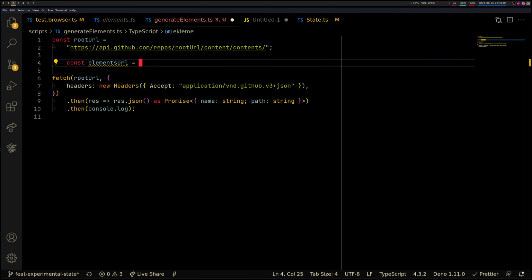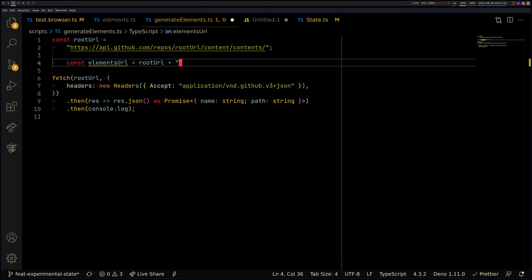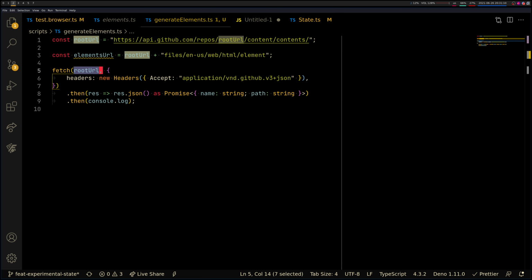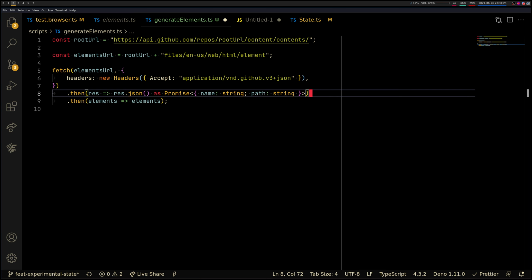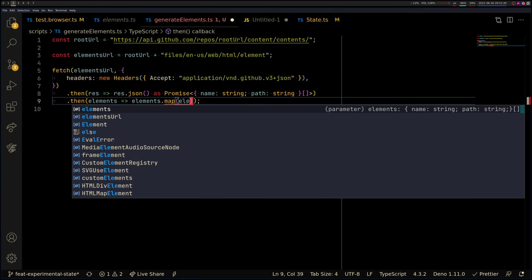Elements URL is root URL and this stuff. Now we have a list of elements. So we have elements, and there should be an array of map element,